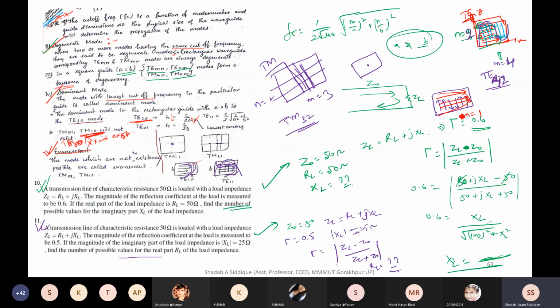So m is equal to 1. Looking from this side, one peak is visible, and looking from the n side, 3 peaks are visible. So crest and trough, 3 are visible. n equal to 3. Looking from this side, these 3 are visible. Looking from this side, only the red line, one peak, is visible. So this is TE13. Okay. I hope this is clear.